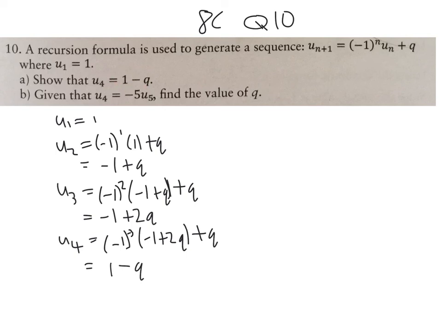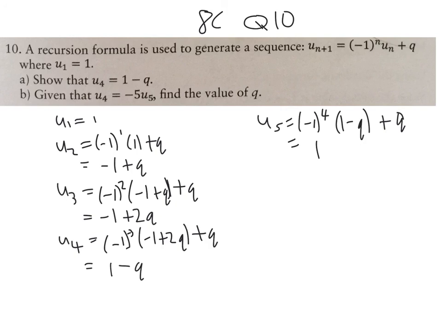Given that u4 is equal to minus 5 u5, find the value of q. So we need to keep going and say that u5 is equal to (−1) to the 4, multiplied by the previous term, which is 1 minus q, plus q. Now that's just 1, so you've got 1 times 1 is 1, 1 times minus q is minus q. So we've got left with 1, minus q plus q gives you 0. So u5